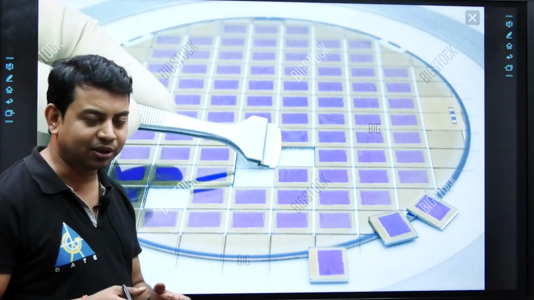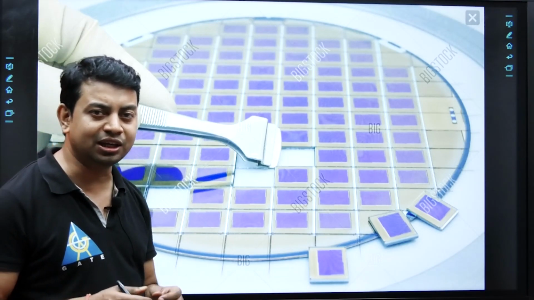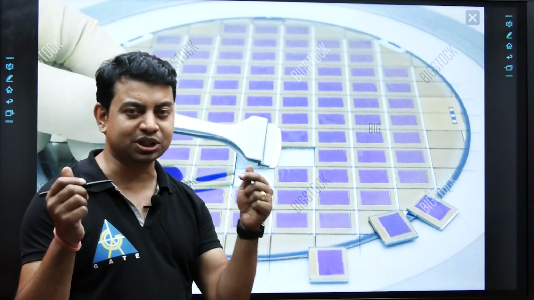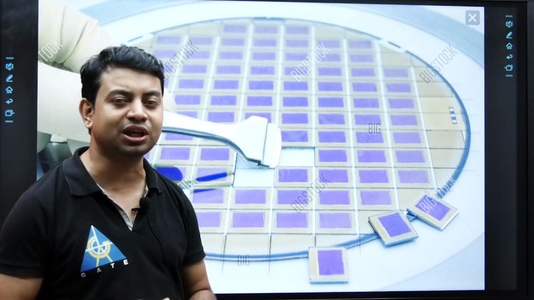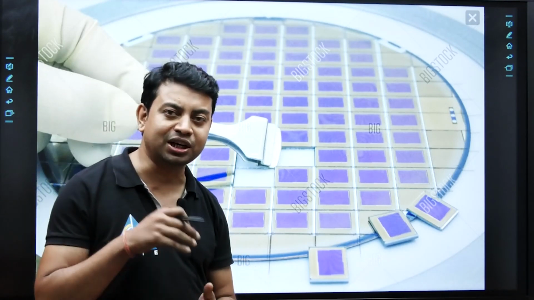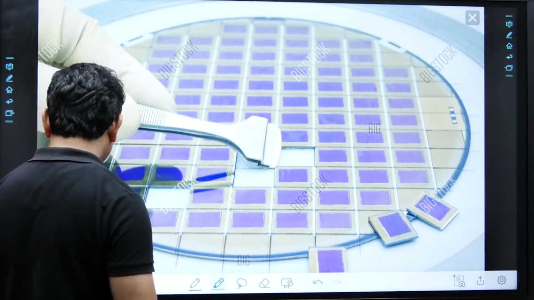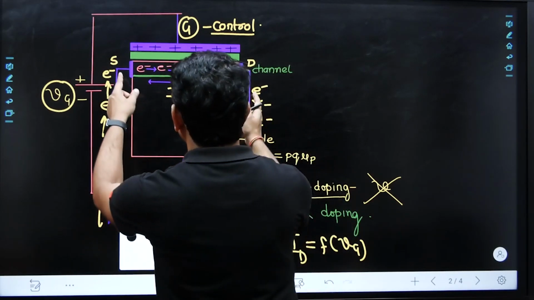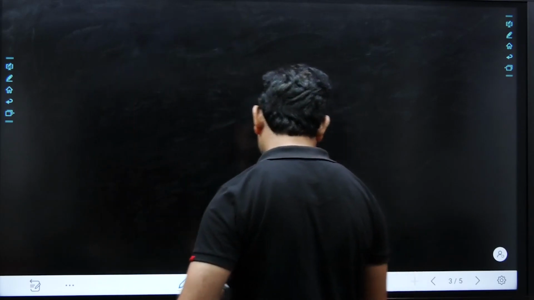So overall, I mean to say that there is no provision to connect any particular MOSFET to get the terminals from the side walls or the bottom walls. So that's why everything has to be connected at the top walls. If everything has to be connected on the top walls, then definitely we have to draw the MOSFET in this way. So this source and drain side should be taken from the top of this particular semiconductor body.